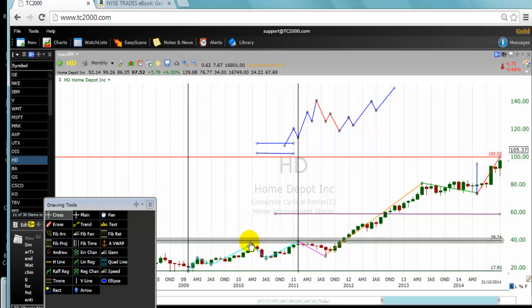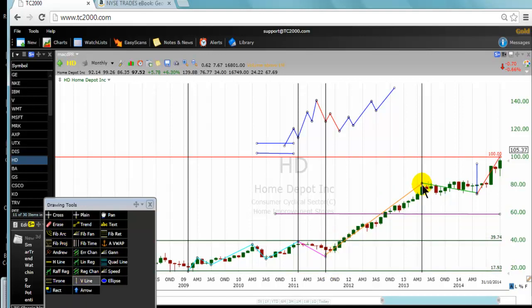This is an impulsive wave formed of the 5 mono waves. And from here, where I draw my 2 vertical lines, this is the first Elliott wave, followed by the second Elliott wave, which is a normal straightforward second wave right here for Home Depot. So this is the second wave that I labeled in pink. Then I label the third, which is the longest wave in this case, in orange here. This is my third Elliott wave on this monthly chart, followed by the fourth Elliott wave.